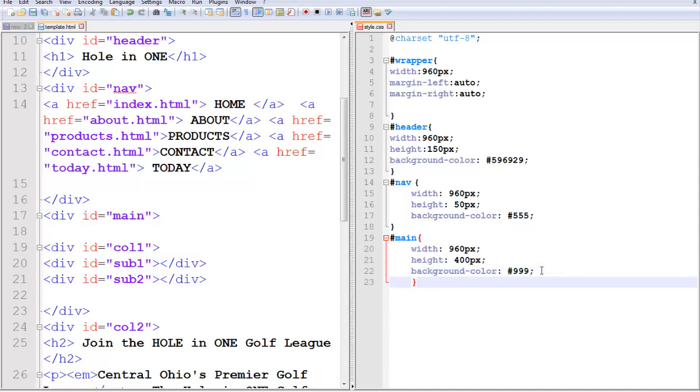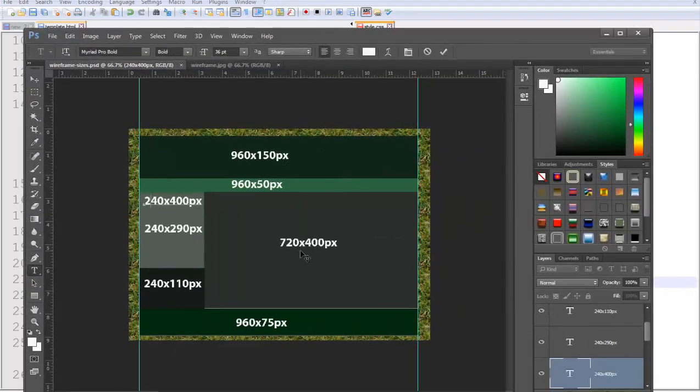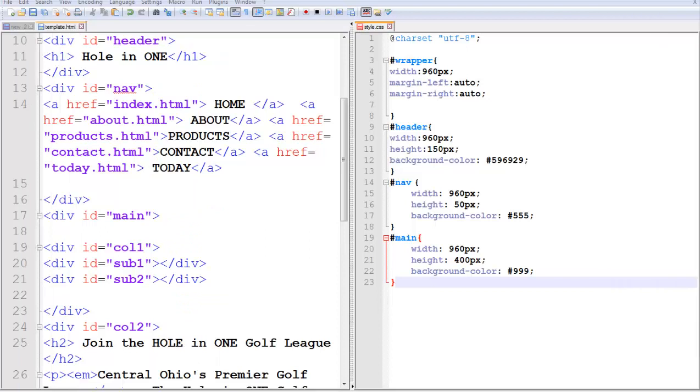Okay, so its width and height are going to match that whole section of our page. If we look at it in Photoshop, or I use Photoshop to create my measurements, but you don't have to use that, you can use anything you want. If we look at the main section and we add 240 plus 720, that's 960 by 400. So we're incorporating that. Now once we get that in, we can set up the individual columns. Okay. So right now, if I save this and I refresh my browser,